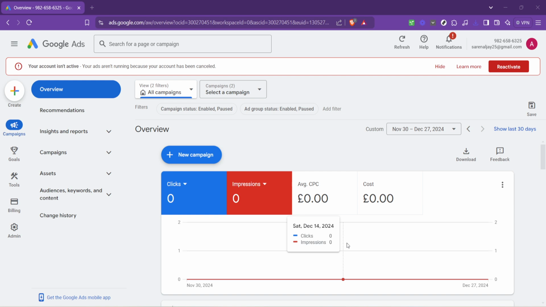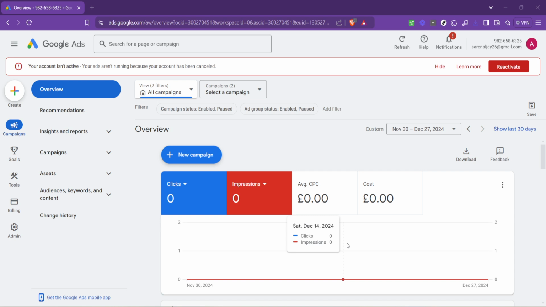Let's dive into it. First, you'll need to navigate to the Google Ads overview page. This is where all your campaigns are displayed, allowing you to manage and analyze their performance. Accessing this page is straightforward. Simply head to the Google Ads website and sign in with your account. Once you're in, the overview page will be the first thing you see, presenting a dashboard of your active, paused,